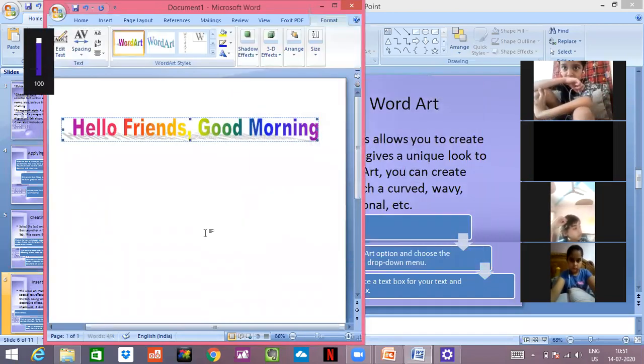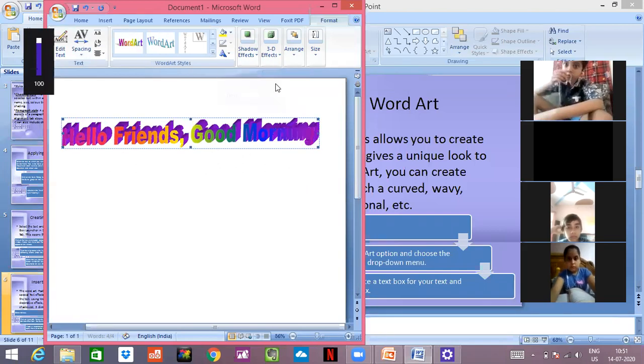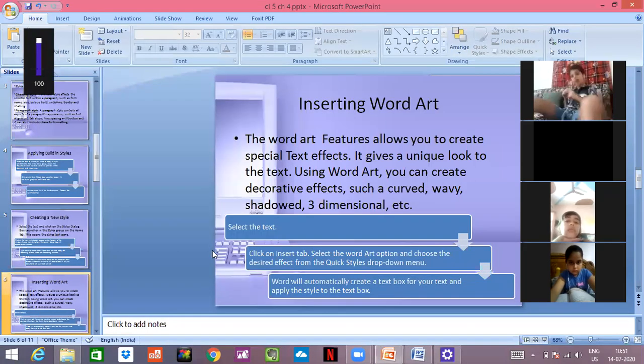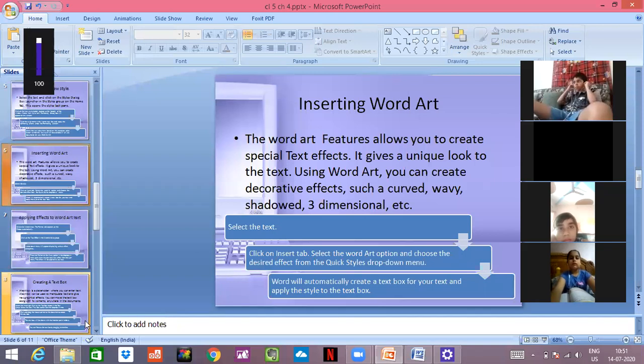See, my word art text has been changed. Wow, how simple. I can even go for 3D effects also. See, this is a 3D effect. I want to change the effect again. See, this is again a different 3D effect. So in word art, you can use different fonts with different colors, and it is very amazing to work with. So whenever I give you the option to make a word page, just use all the different styles so that you can make your work presentable.